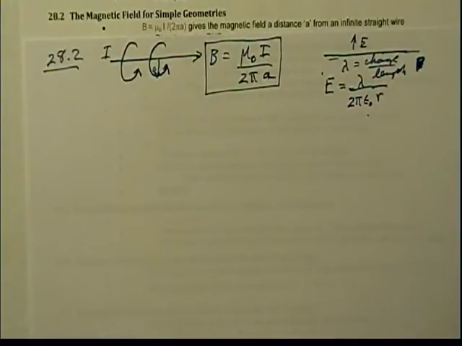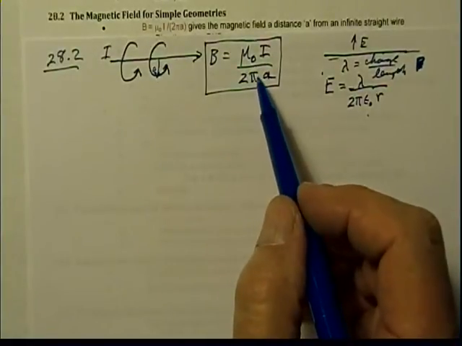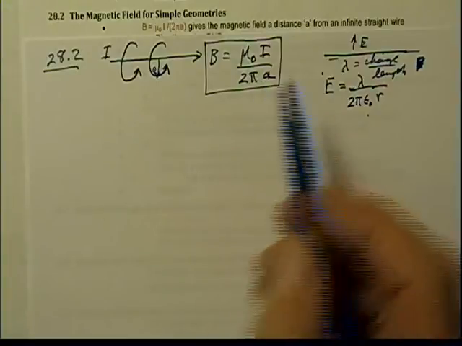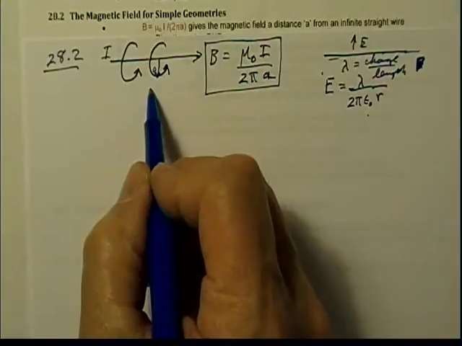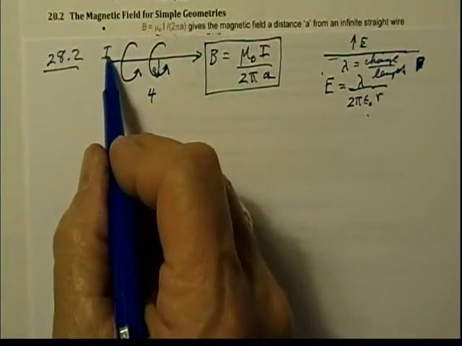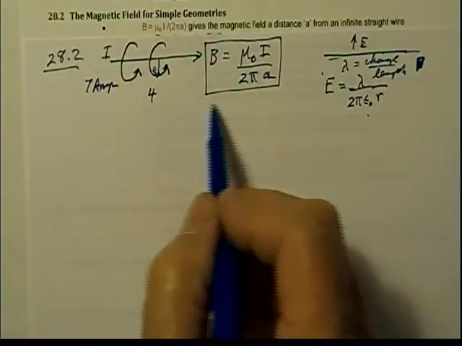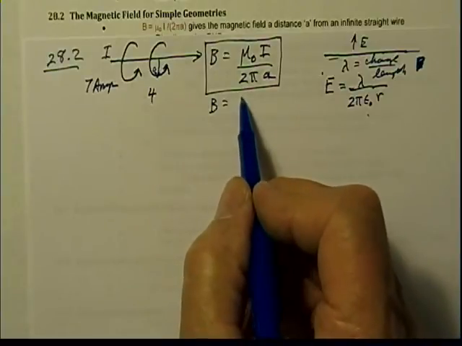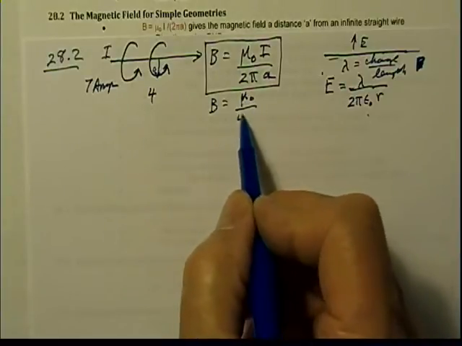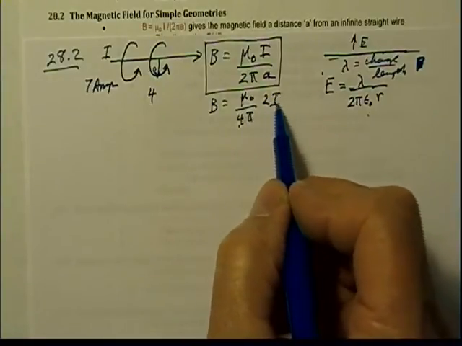This tells us what the magnetic field is due to an infinitely long wire. You can say, well, I don't know what this is. Well, I can multiply by 2 and get a mu naught over 4 pi. So let's imagine, for example, we were trying to find it a distance of 4 meters away from a wire that had 7 amps in it. Then our magnetic field B would very simply be mu naught over 4 pi, so I multiply the denominator by 2,